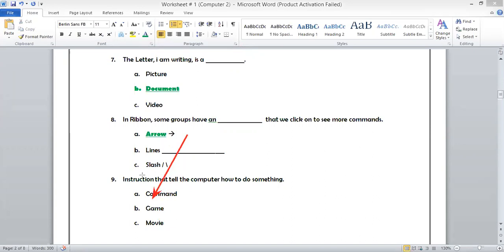What do we think? Instruction means order. Which thing is equal to instruction? Command, game, or movie?